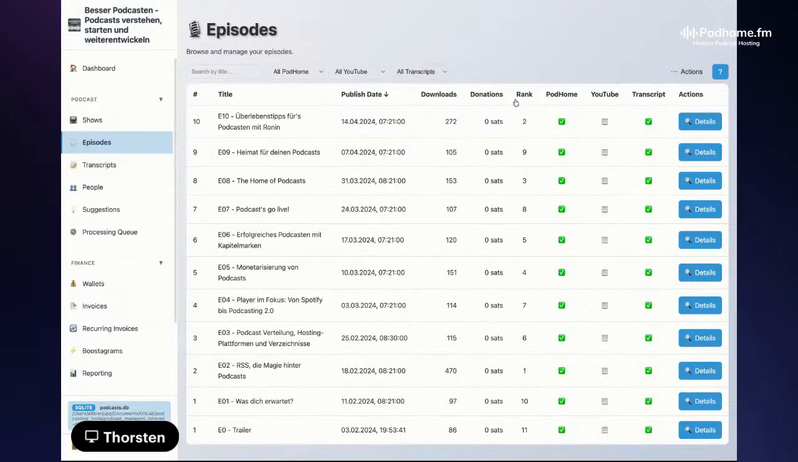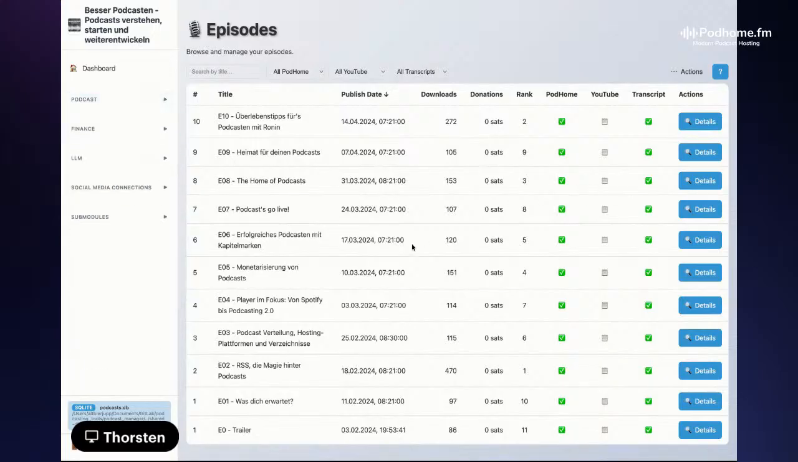As you can see here, the rank that I implemented is a combination of downloads and donations. And so you can see which episode was very successful, and maybe where there was more attraction from the listeners and all that stuff. Okay, so to keep it a little bit shorter, as I said, we can implement something like